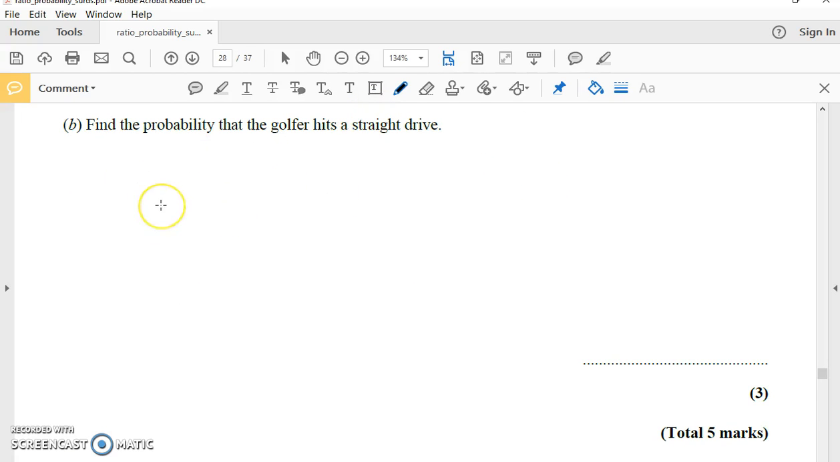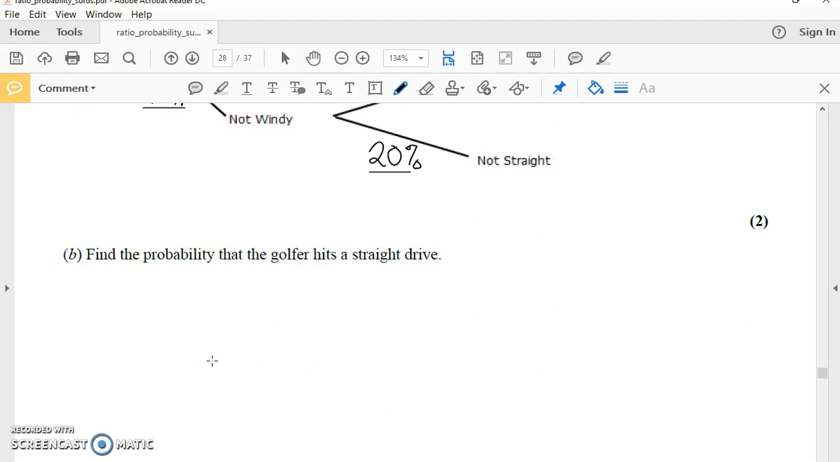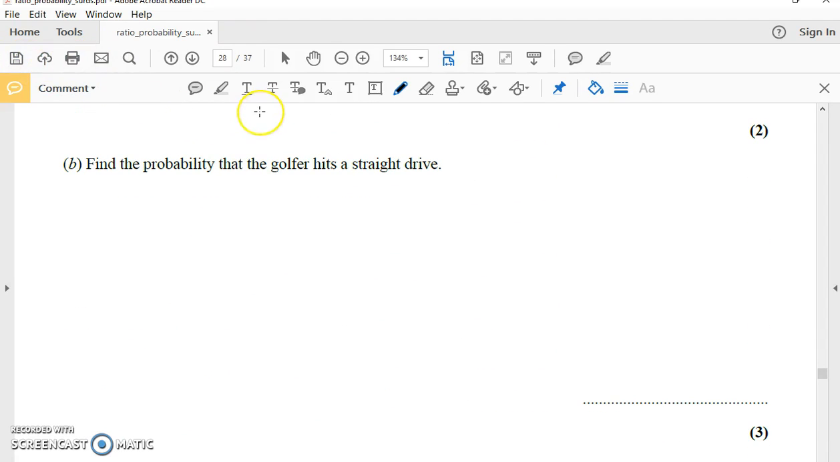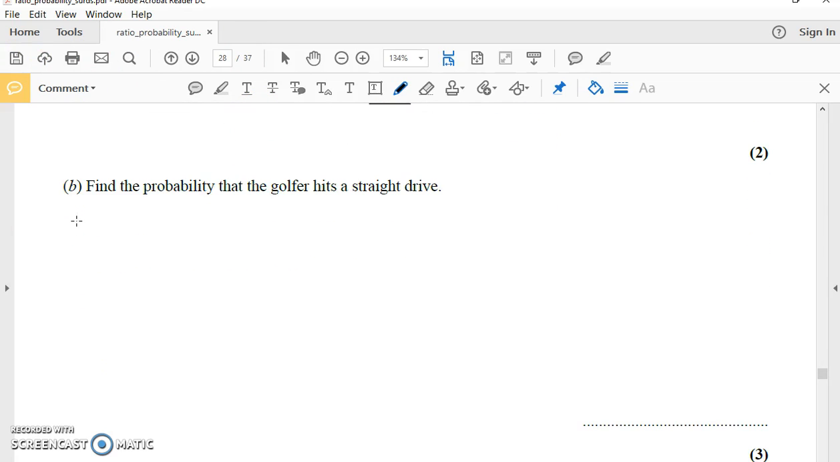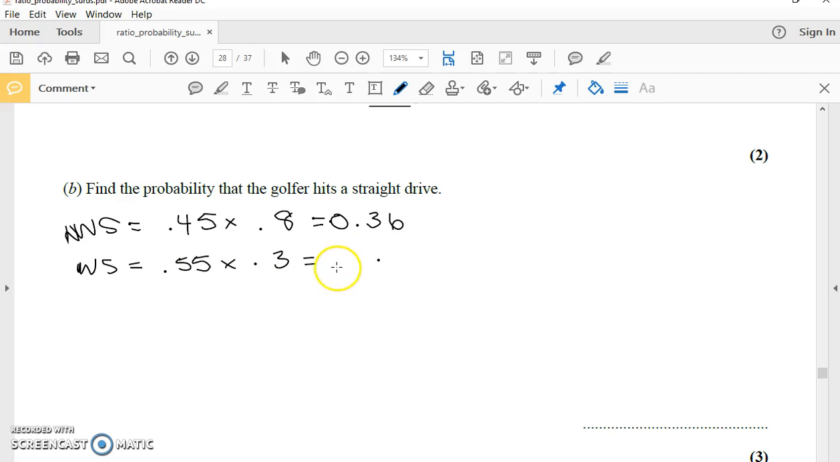So, what we want to do is take the probability that it's going to be either windy or not windy, and then the probability that he's going to hit his straight drive. Okay? So I'm going to start with the not windy. So if it's not windy and straight drive, I get 0.45, which is just 45% as a decimal, times 0.8, which gives me an answer of 0.36. Then I want windy and straight, which gives me 0.55 times 0.3, which gives me an answer of